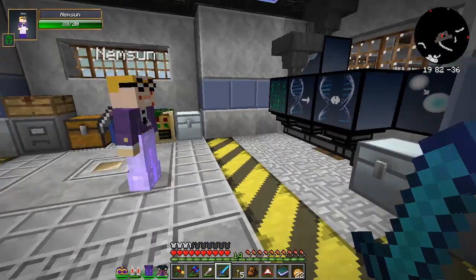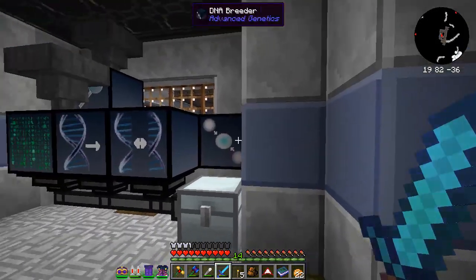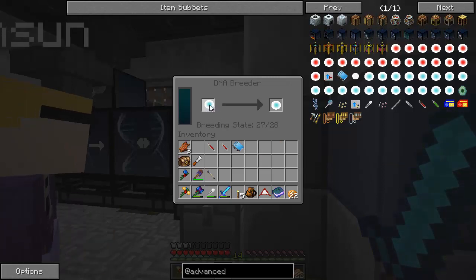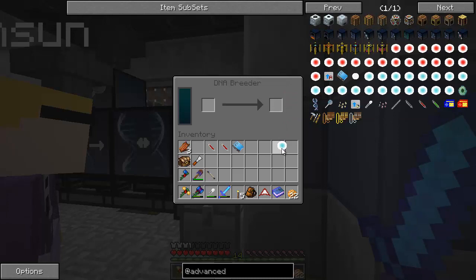Let's do it then. The next stage is nearly upon us. It's quite a long process, isn't it? Yeah, 28 of these guys through 4 different machines. Yep. Here it goes. So, basic gene gets put in the breeder. This doesn't take too long, but getting that basic gene processed in the first place. Okay, so